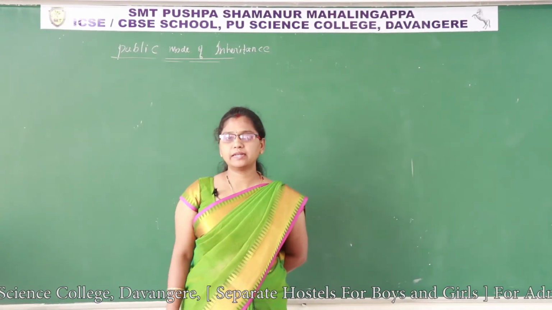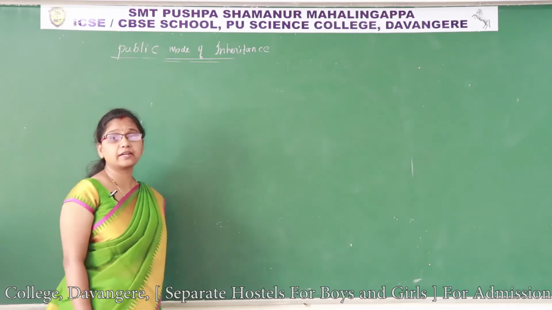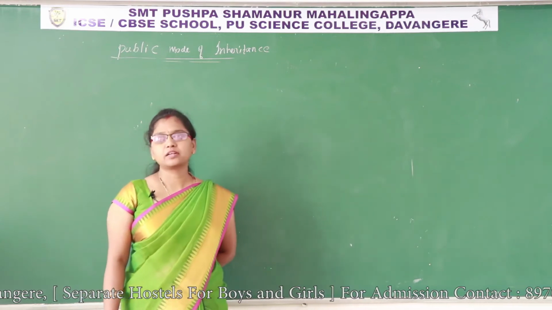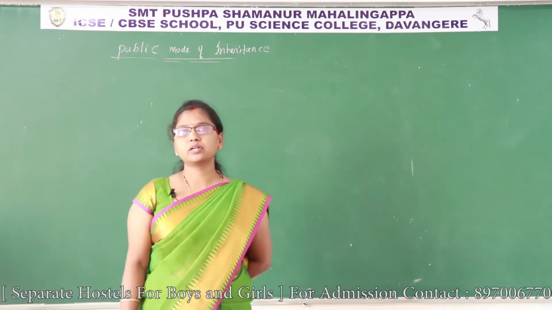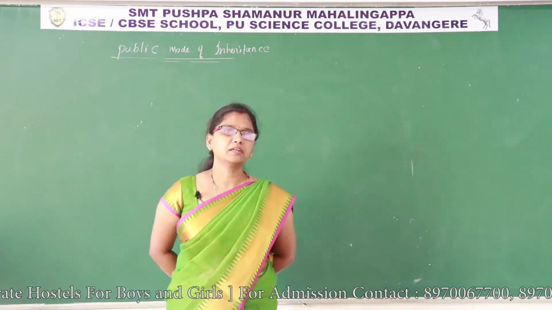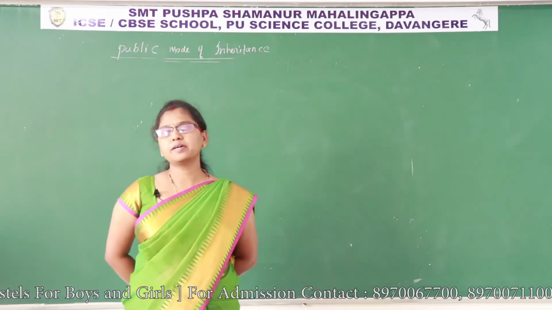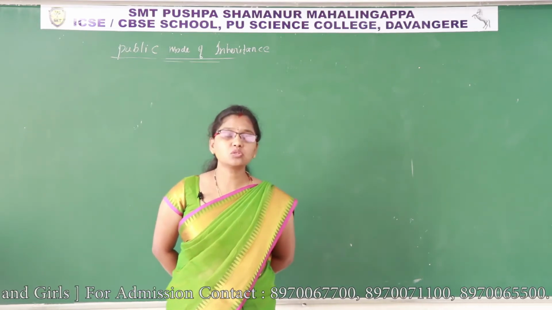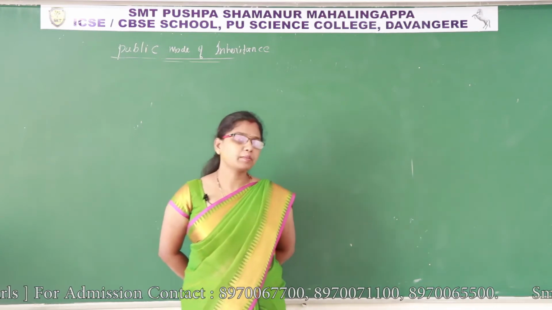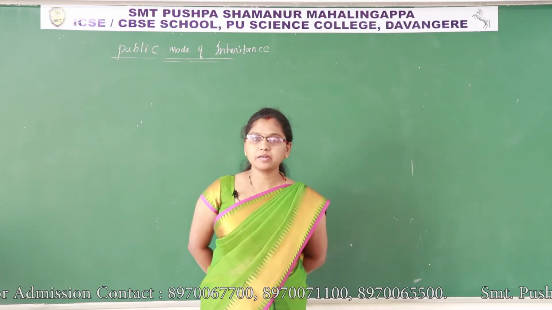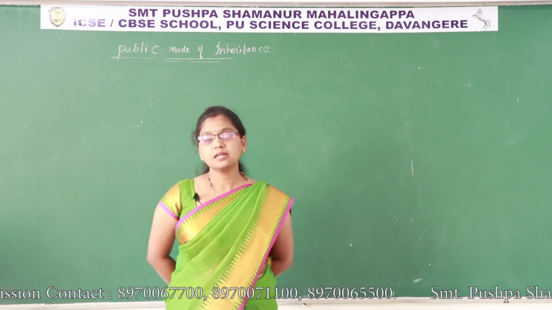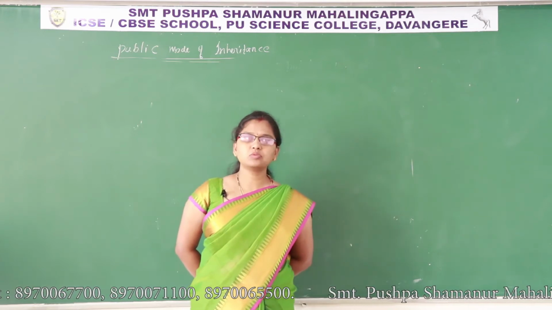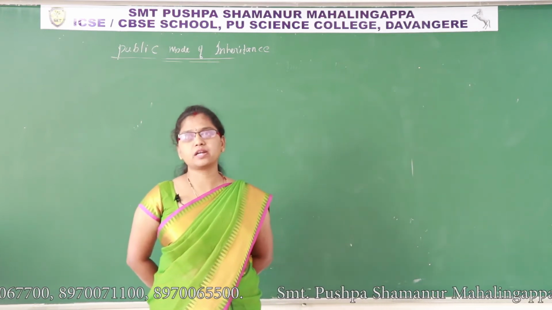Concept, public mode of inheritance. So in public, first, private members cannot be inherited to derived class. So what are the things you are going to inherit from the base class? Only public and protected members. So these two members are inherited to the derived class. In public mode of inheritance, these two members go to their respective sections, that is, public members become public members of the derived class, protected members become protected members of the derived class.